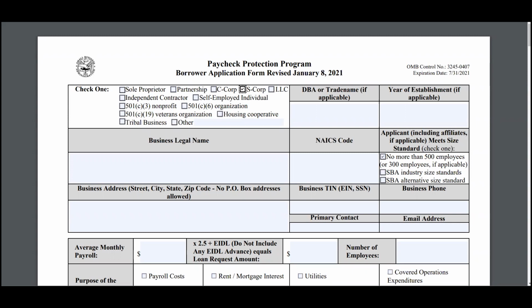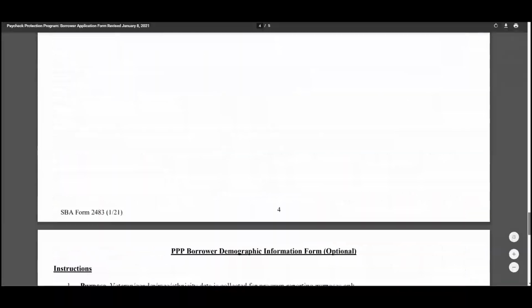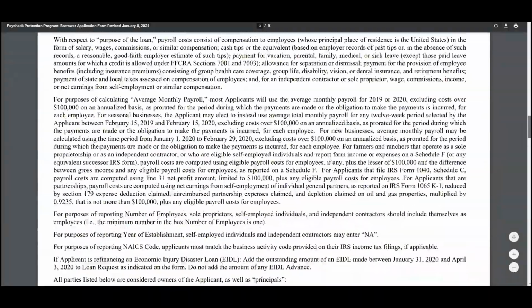Just as a reminder, I am not an accountant. I don't represent the SBA. I'm not an attorney, so please consult with your lenders and your professionals before implementing anything that I share with you today. Okay, so right on the top here, this is the application. It's a very simple application. It's 5 pages, but really pages 3 to 5 are just information that you'll need to be able to